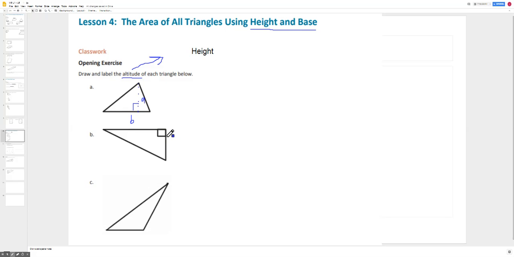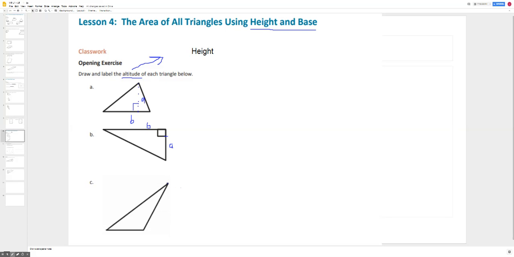So right here, this is a right angle, so it already gives us the 90-degree angle right here. So this part right here would be the altitude or the height, and this one right here would be the base. And the last one here, well, remember the very peak here is the